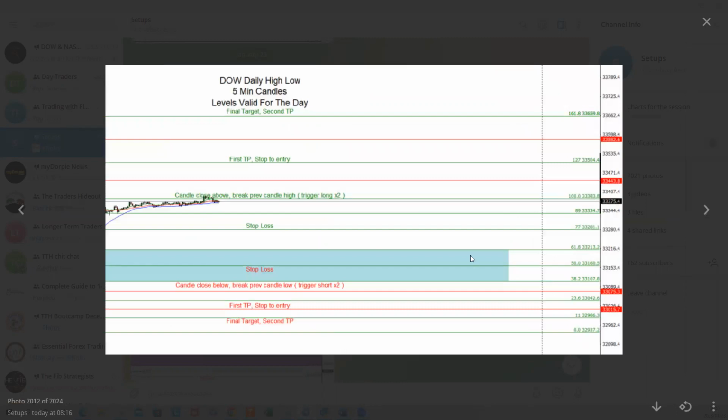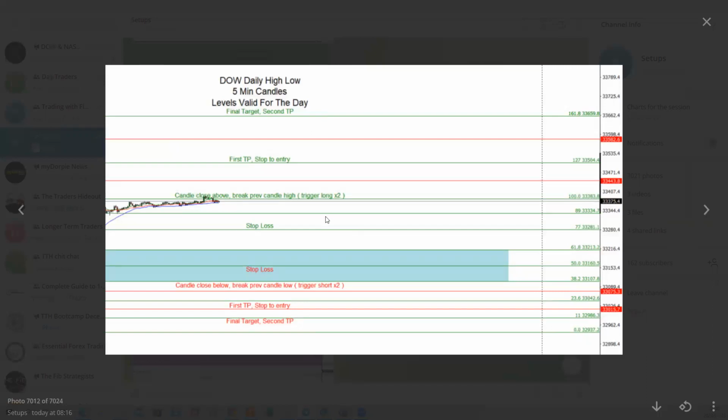On the Dow daily high-low, currently between levels of 89 and 100. If you look at moving averages, looks like 8 is slightly above 21. So with that, if trend is up, 8 is above 21, we can look for that candle close above the 100 level, break previous candle high to aim for the 127 first TP, 161.8 second TP, and stop loss being